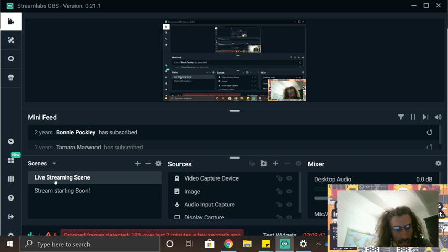Now down here, this is your scene. So this is pretty clever. What a scene is, is like a layout that you choose. Currently I've got what's called a live streaming scene, and that is set up like this. So I have my face in the corner, I've got the image, and I've got my screen being shared. Now, if I click on this one,